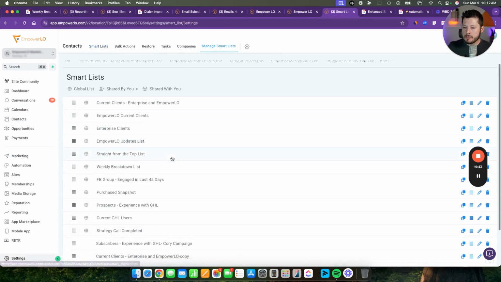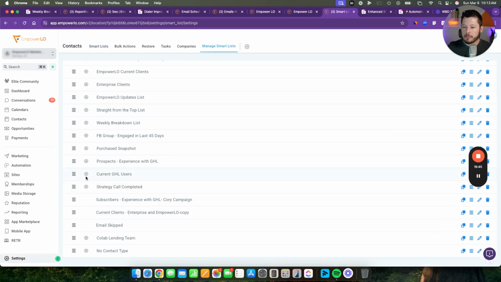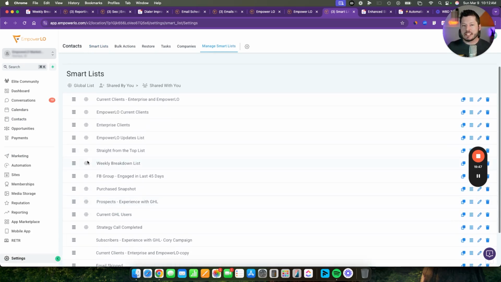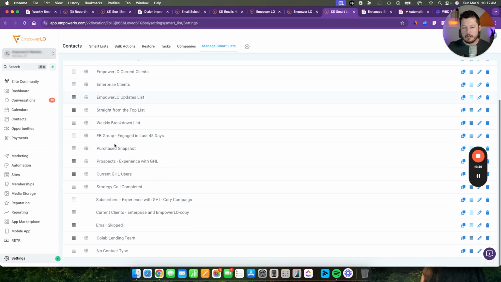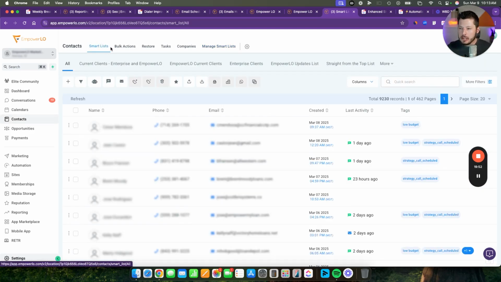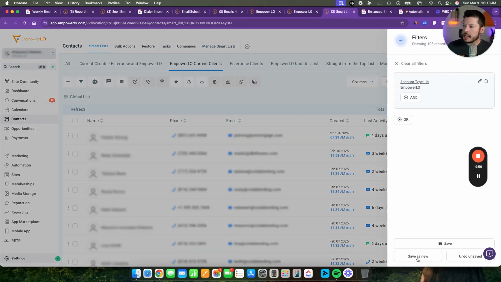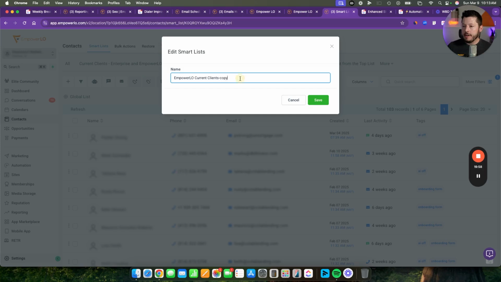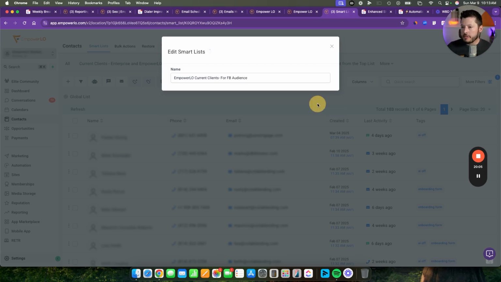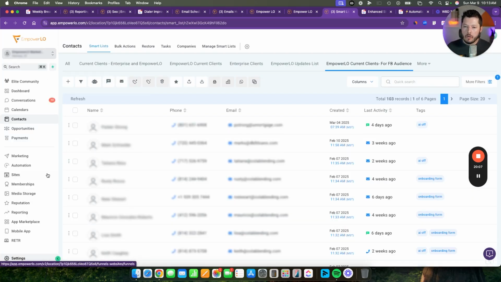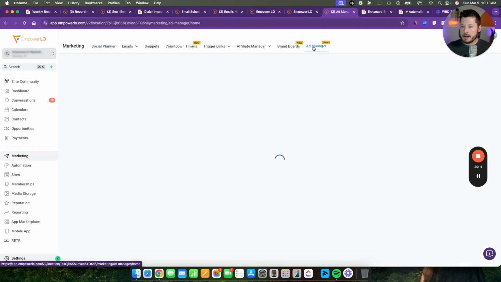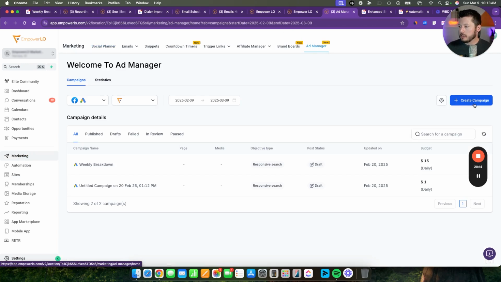Now, most of these smart lists are global smart lists. For whatever reason, global smart lists are not selectable from that drop down. So if you have that issue, come in here and you can just duplicate the smart list by clicking save as new. And then you can say, Empower Low current clients for Facebook audience or whatever. So if I do that, now I can go over into marketing, go to the ad manager, go to settings,